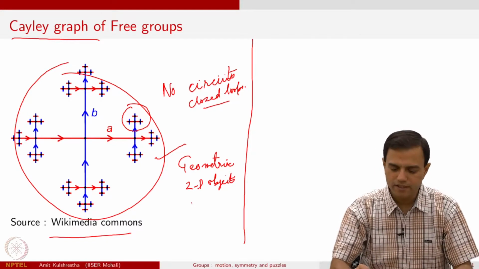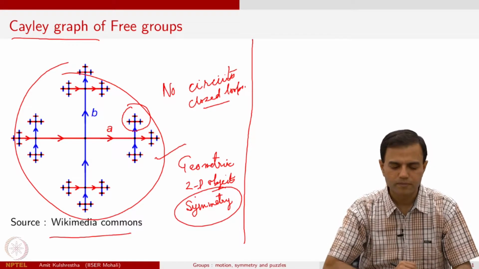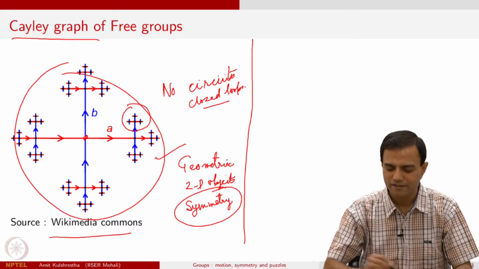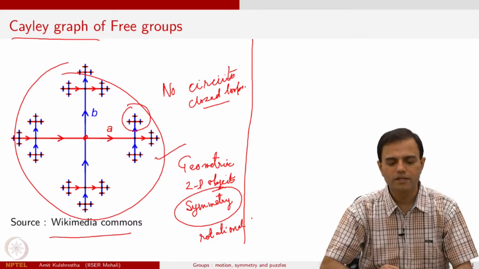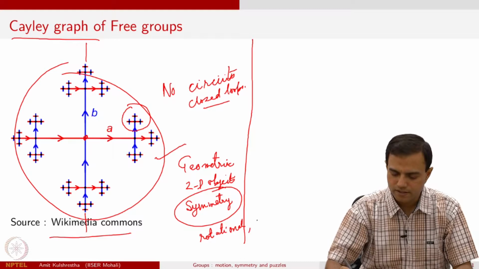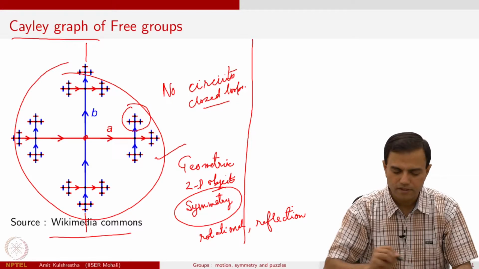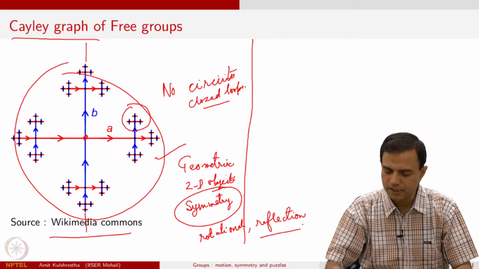So there are no closed loops in this. We shall play with Cayley graphs after some time, and as you can see, this, as a geometric object, is a 2D object. It has certain symmetry. What kind of symmetries? For example, if you rotate it by 90 degree, there is a symmetry. If you reflect it about, say, one of the axis, say y axis, there is a reflection symmetry,